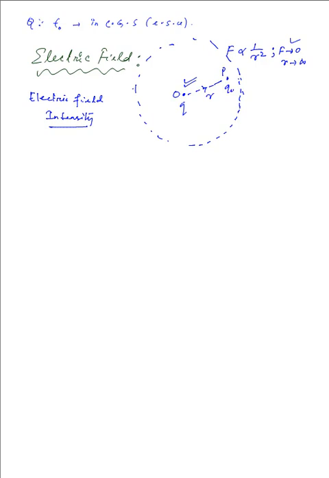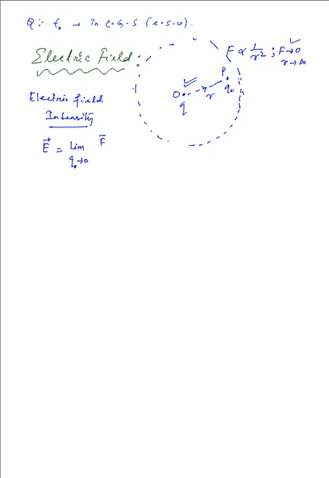Then we'll be removing it. So we define the electric field intensity due to a given charge, the charge at point O, at a distance r from it, by the equation,